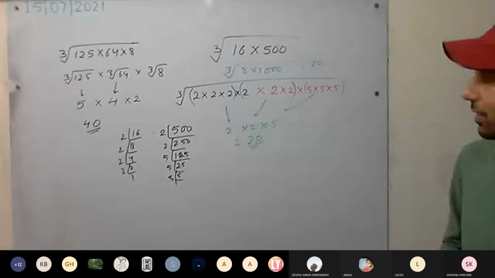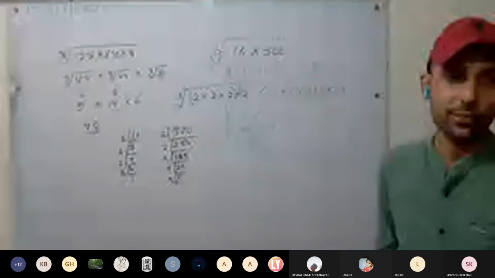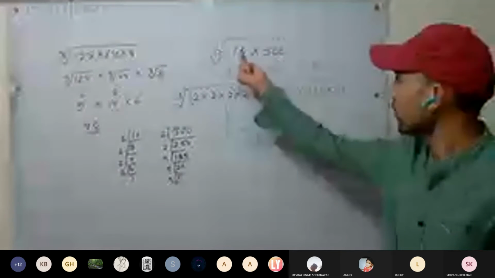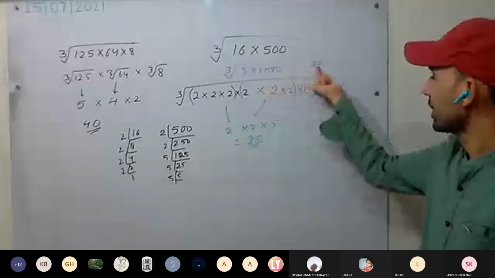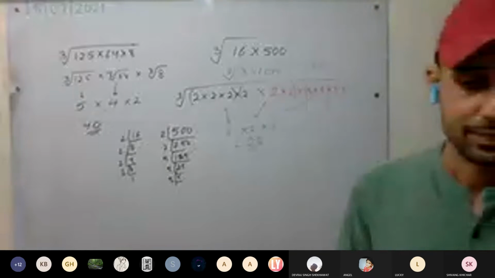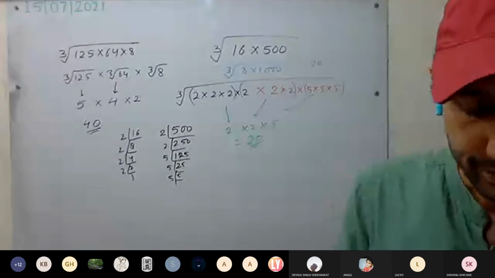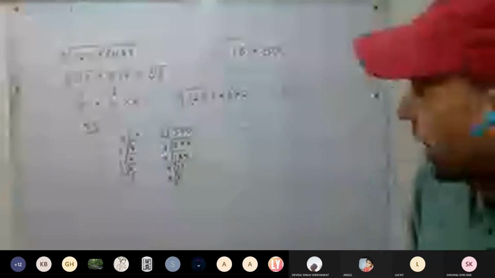Understood now? Their multiplication is a perfect cube; separately, they are not perfect cubes. So from the first we are giving 2. It is like this: 8000, and the cube root is 20. Understood this one? You can mark it important. The 15th question you can mark as important, IMP.